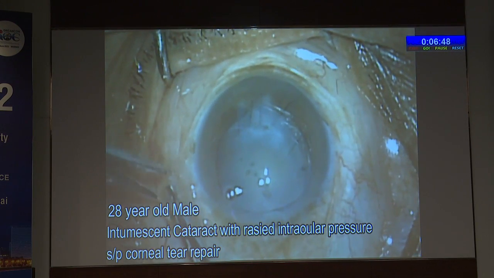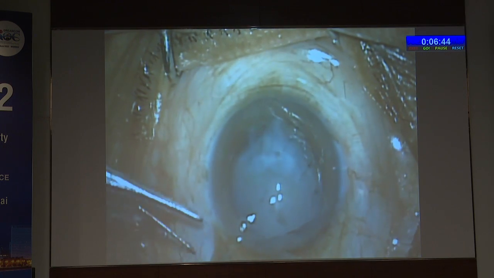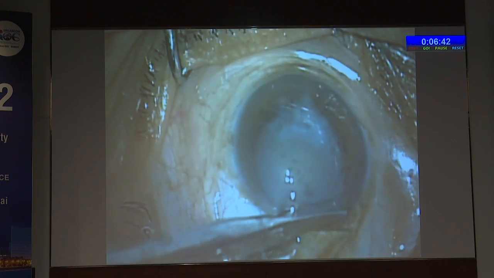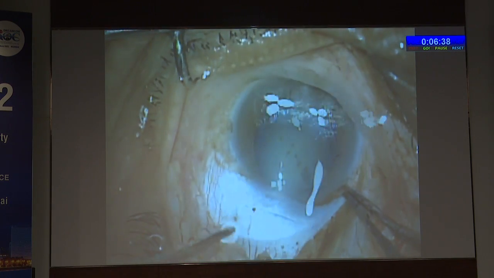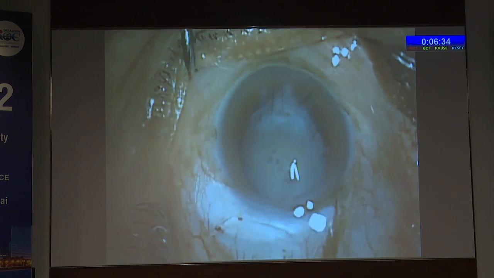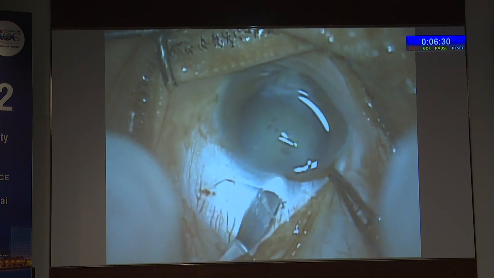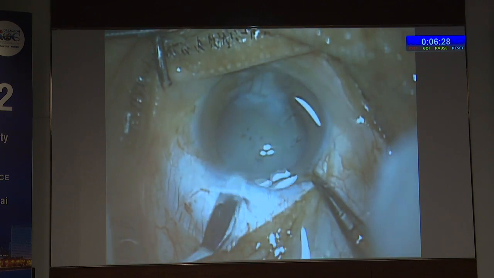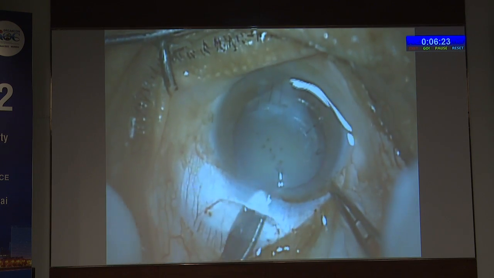Now see, this is the patient, 28 years old male, and see the suturing is done there, and after suturing you can see there is a cataract, a traumatic cataract, and this traumatic cataract is managed by the SICS. Now the other question will be asked to me, that is, is it possible to manage by femto, by phaco? Yes,